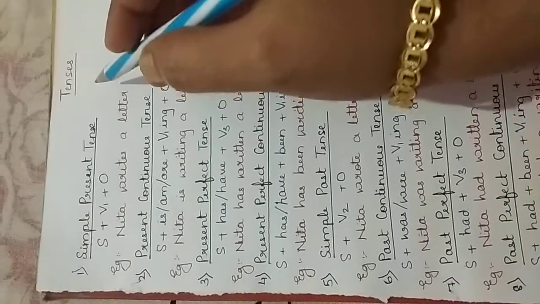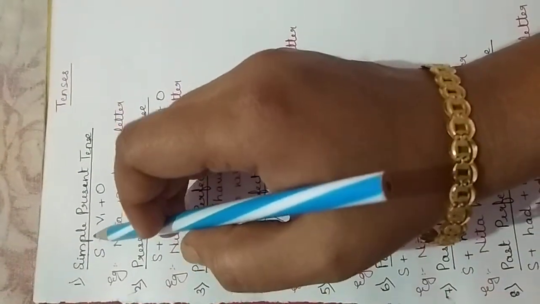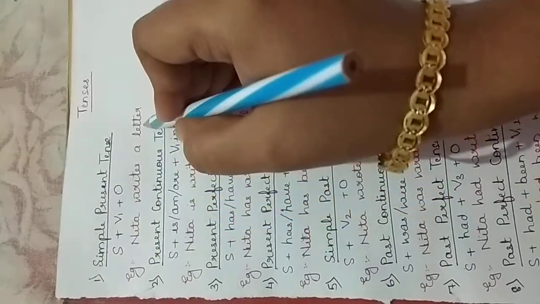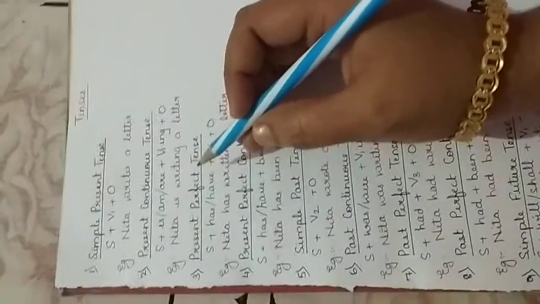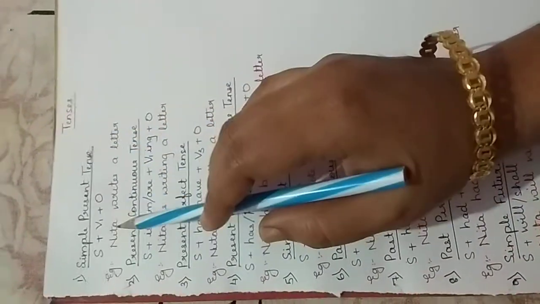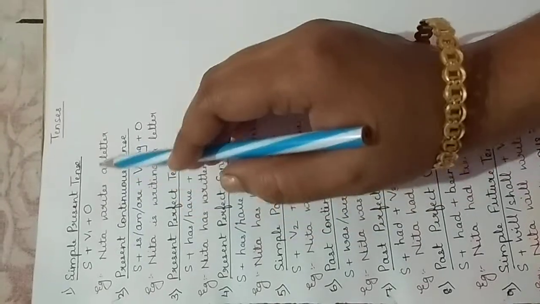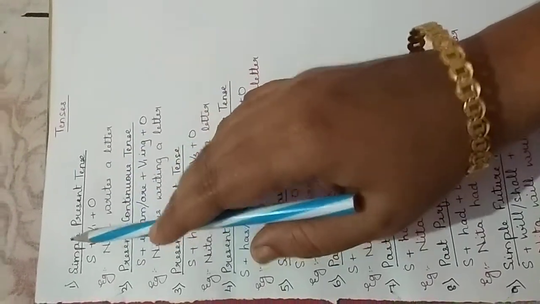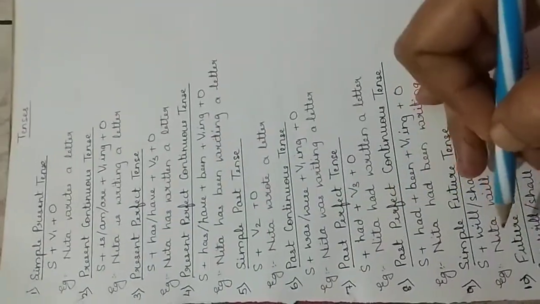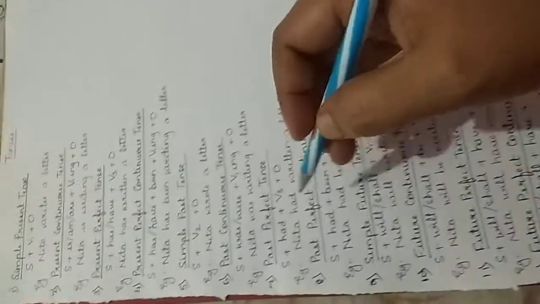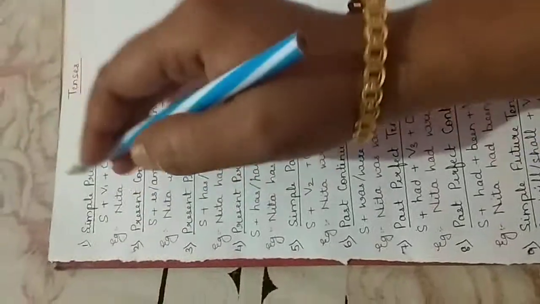Okay, so first we will see which type, then its formula and also the example. Everywhere I have used the same example so that it can be easily understood. Tenses are very important to construct a sentence. These are the importance of tenses, and there are 12 types of tenses. You can see the 12 types. One by one I am going to explain.